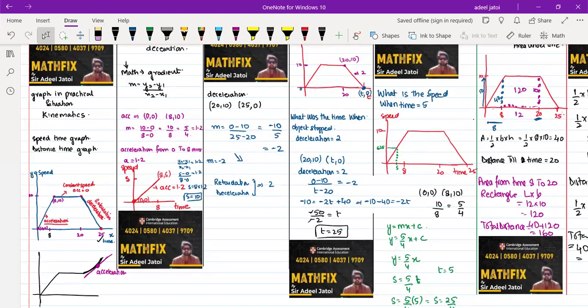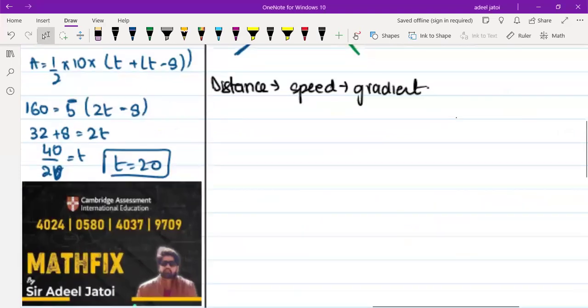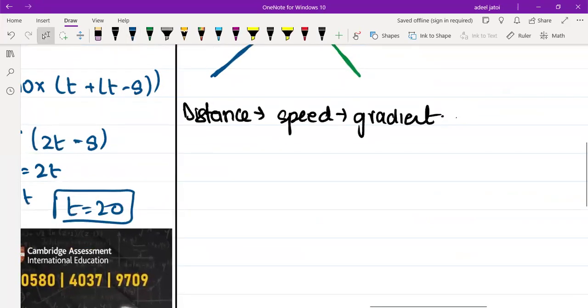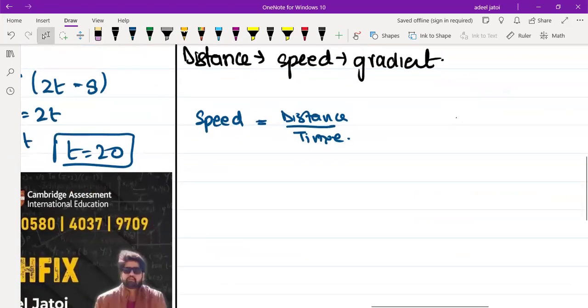Last thing, you will be asked to calculate speed. Your formula for speed is distance upon time. But remember, there is a difference between finding out speed and average speed. To find out average speed,